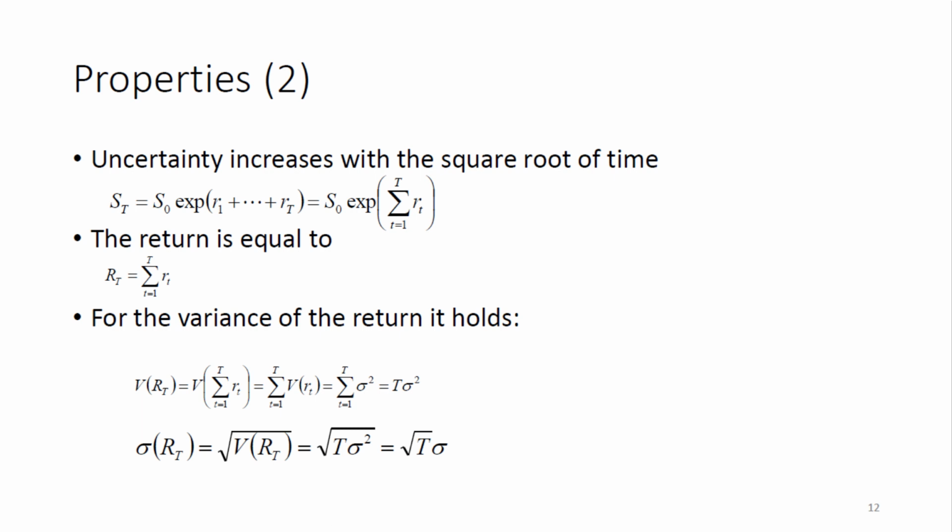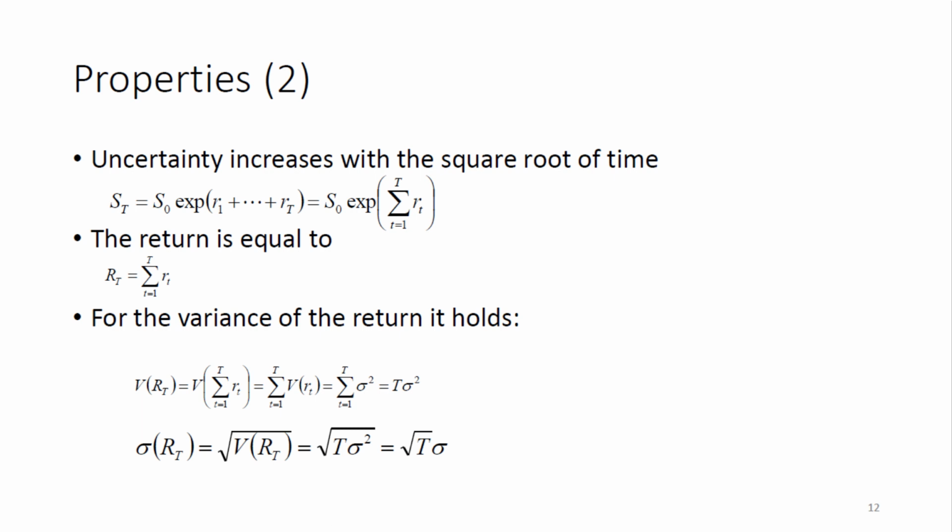Well, now there is no index anymore with the sigma square. So that means that if I take the sum from t is 1 to capital T of sigma square, I'm simply adding up capital T times the variance. So that is then capital T times sigma square. Then if I want to go from variance to standard deviation, because standard deviation is my measure of uncertainty in time, then I need to take the square root of the variance. I need to take the square root of capital T times sigma square, which is the square root of time